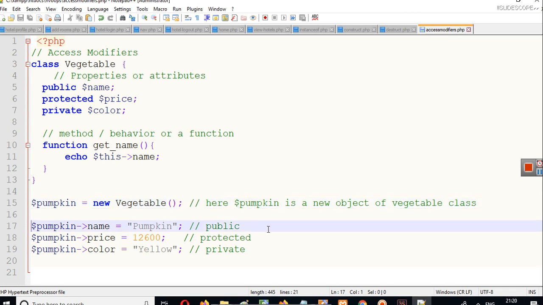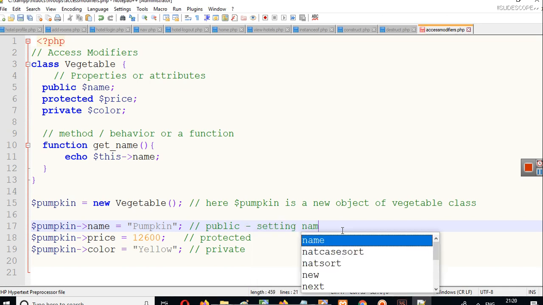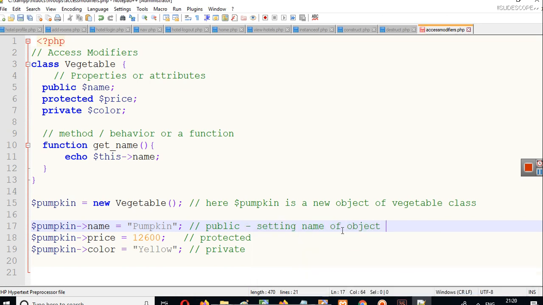Here we are trying to set the name of this particular object, which is public. Similarly, we are setting the price of the object and the color of the object here.